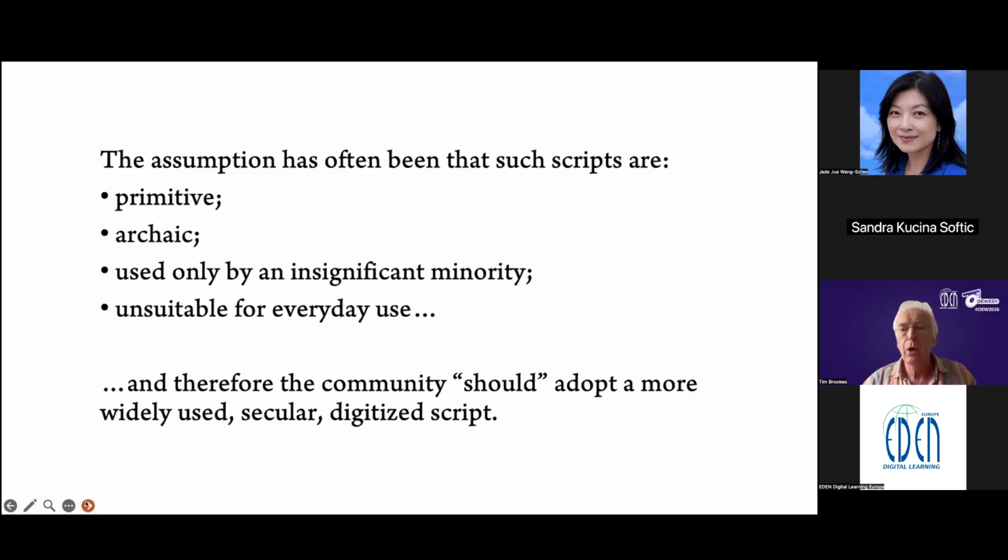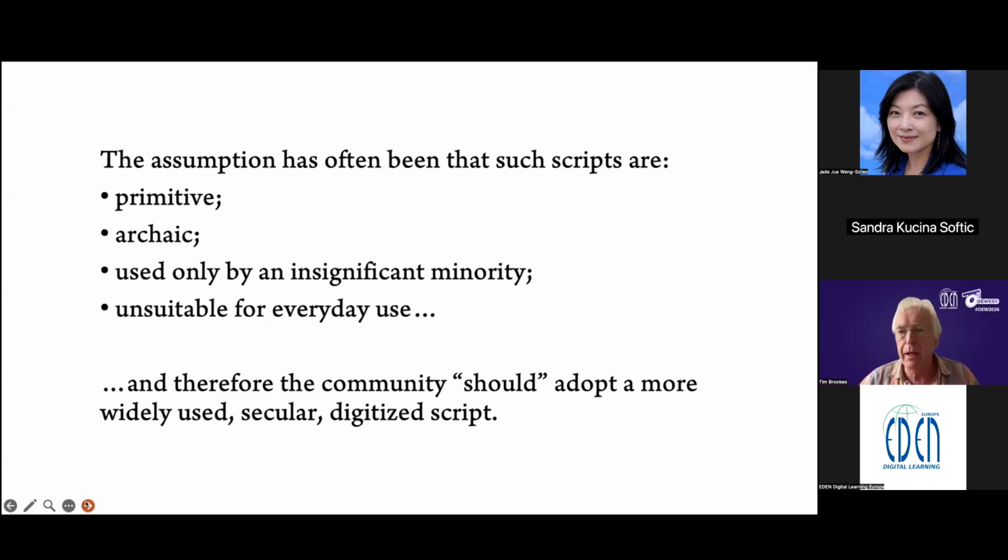And in fact, when we come across scripts that are not like that, the assumption has often been that such scripts are primitive, are archaic, are used only by an insignificant minority. So as if the bigger the number, the more valid a script is. But in fact, what we'll see is that a script is valid to its community and its users. And